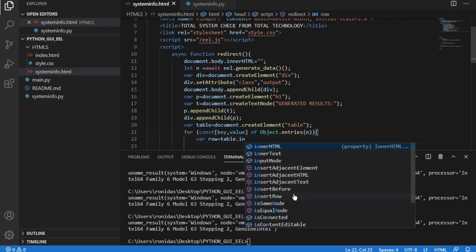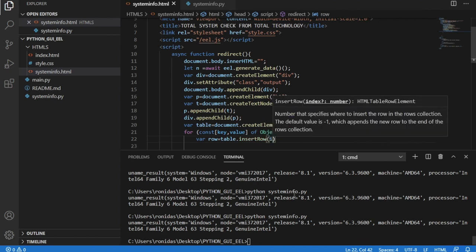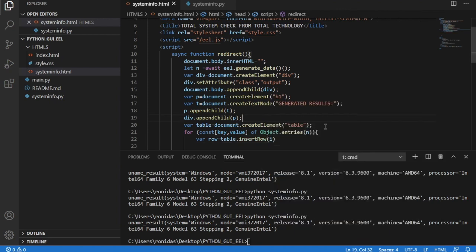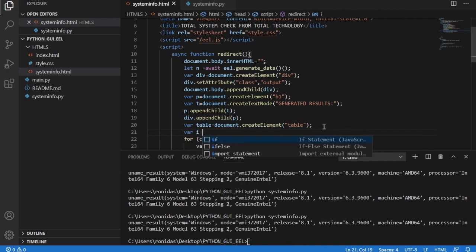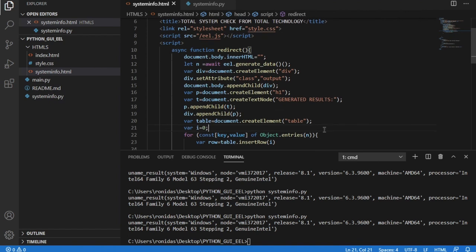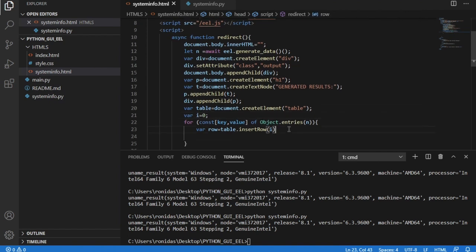So where is that insertRow, and what will be the position? The position will be i. So every time there will be an i element and i will be appended. So what we'll do, var i equals 0, and after that every time I have to append this i. And var